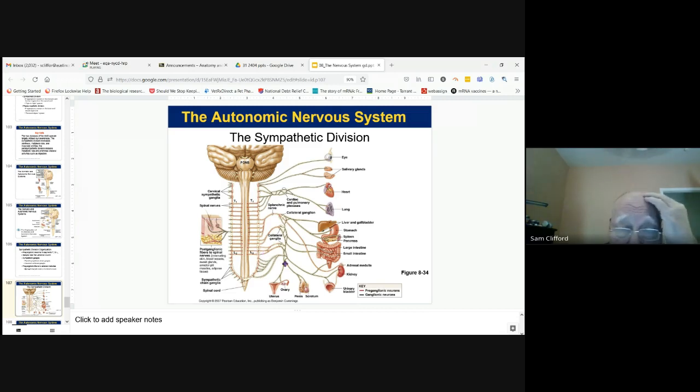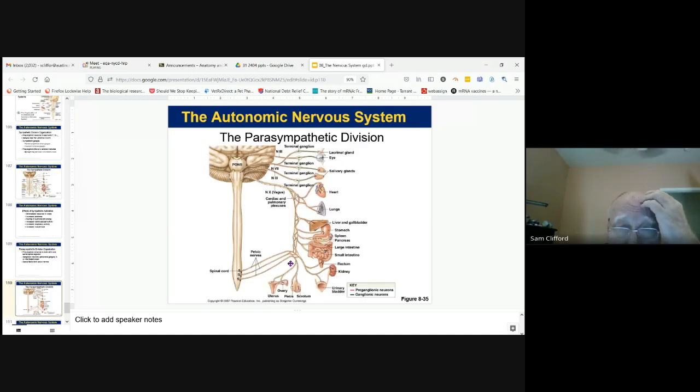Okay, so then we have the parasympathetic division. The parasympathetic division is going to originate in many of the cranial nerves, and this is the rest and digest system. So you can see that in this case, you have preganglionic neurons, and then you have postganglionic neurons. You can see here that the preganglionic ones are very, very long, and it's hard to see the colors, but the postganglionic ones are going to be very short. So the parasympathetic nervous system derives from the brain stem, from the pons and so on in the medulla oblongata. And they have very, very long preganglionic neurons and very, very short